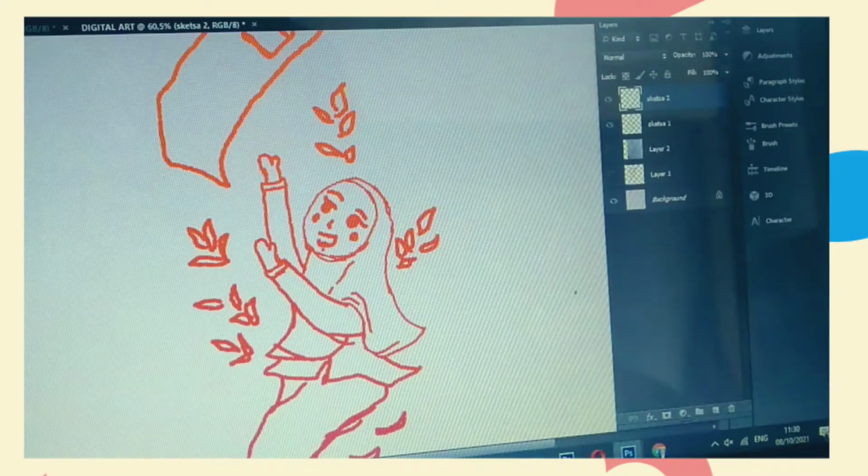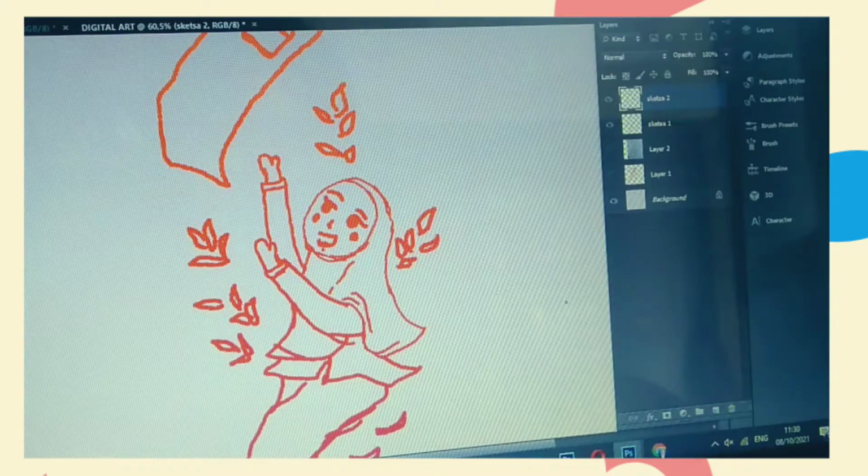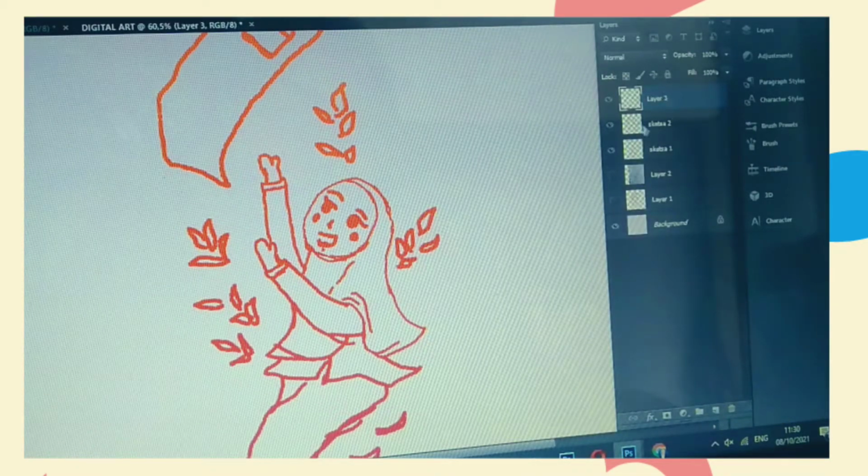Or not, but maybe I can give you some tips when you want to draw in this application, like adding a layer for making your line, because this will help you later when correcting. Okay, please tap this create new layer and